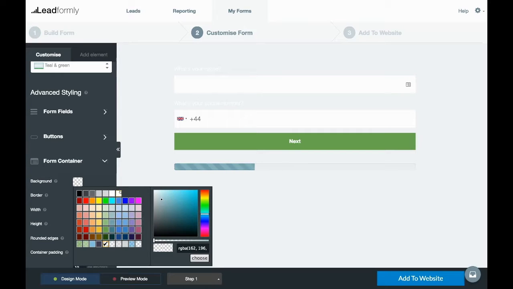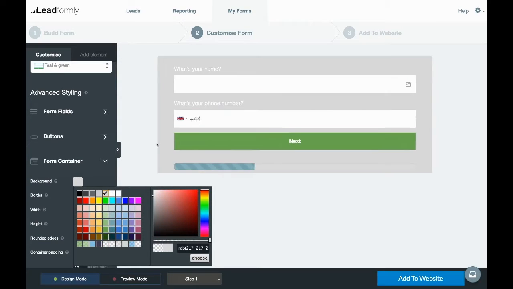So what I usually like to do is when I'm building a form in Leadformly, I'll have a background color to it. And then when I embed it, I'll just make the background color transparent. If, for example, you do want a certain background color to your form, perhaps a kind of gray background color to make it pop out on your website, or if you want a specific color,